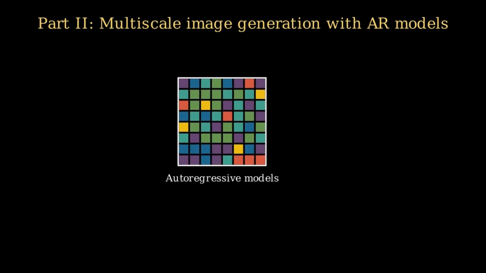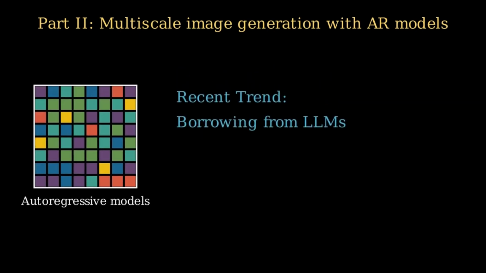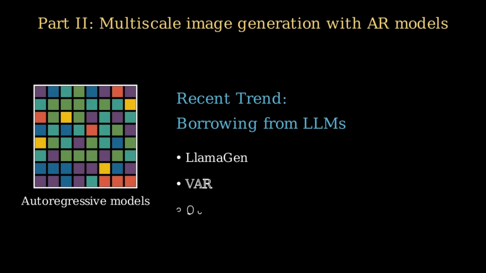Recently, we have witnessed a powerful resurgence of autoregressive, or AR models, such as LlamaGen, VAR, and OpenMagViT 2. These models are now matching, and sometimes surpassing, diffusion models in image quality. Why is this happening? The strategic advantage of AR models lies in their ability to directly borrow from the incredibly successful, heavily optimized architectures of large language models. Furthermore, they are inherently ideal for multimodal applications, where text, audio, and visual data are all unified as discrete tokens.